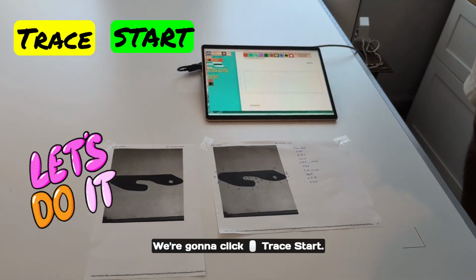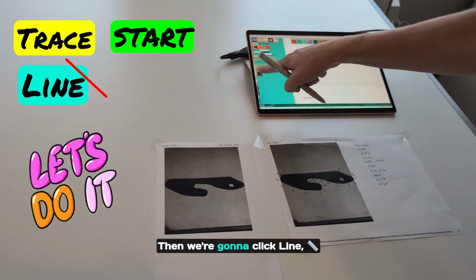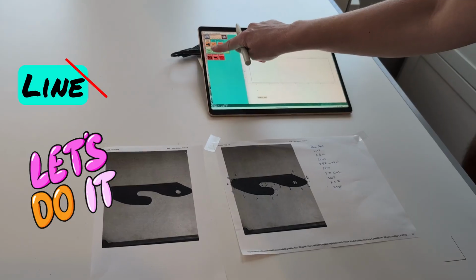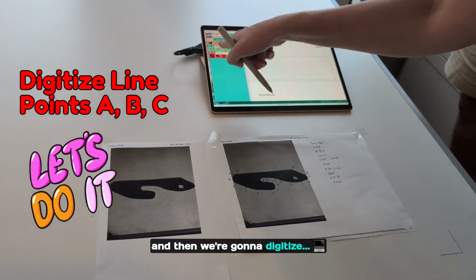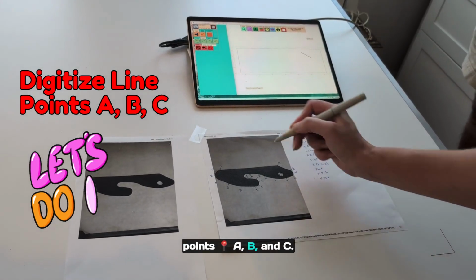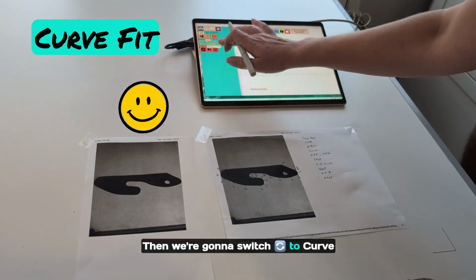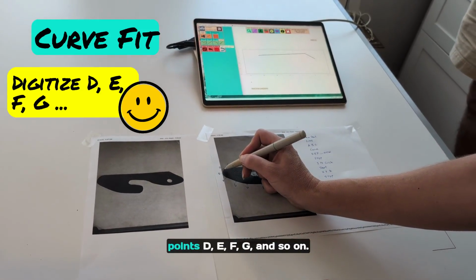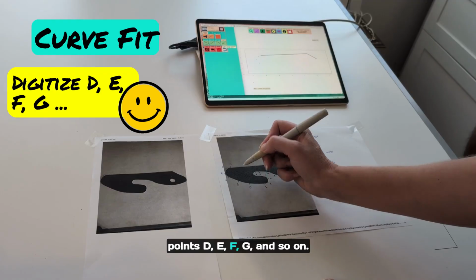We're going to click Trace Start. Then we're going to click Line. And then we're going to digitize, it's there. And we're going to digitize points A, B, and C. Then we're going to switch to Curve Fit, and we're going to digitize points D, E, F, G, and so